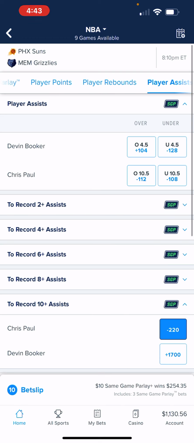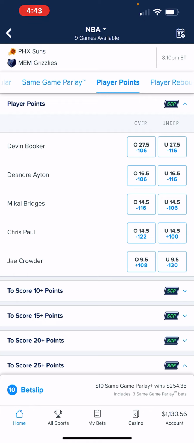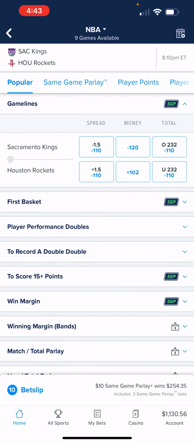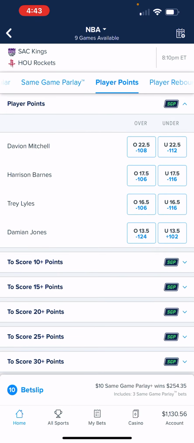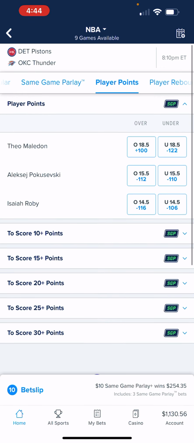As you can see, not all players are listed here yet because it's very early in the day and they don't know who's playing or not for the Grizzlies. So I would advise you, if you want to take the Grizzlies or want to bet anything on the Grizzly players, wait closer to tip-off time, maybe an hour or two, and then you'll get those options. So they'll be all listed there. This one should probably have everyone listed here because not yet. Well, probably all the injuries and stuff. So again, just wait. This one again only has the Thunder. The Pistons just played last night.